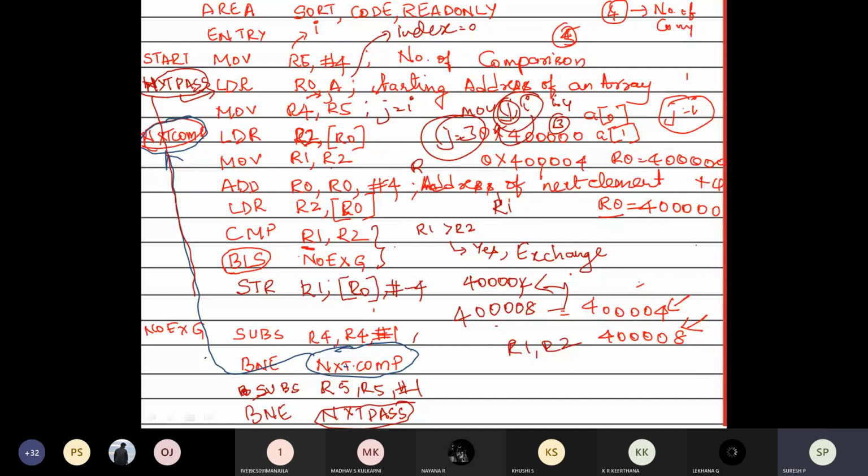I will decrement by 4, so it will become 4004. To 4004, it is going to store the value of R1. Next, the data which is there in R2. Then again I have to increment the contents of R0 by 4 and store that in R0. So now 4004 and 4008 get exchanged.